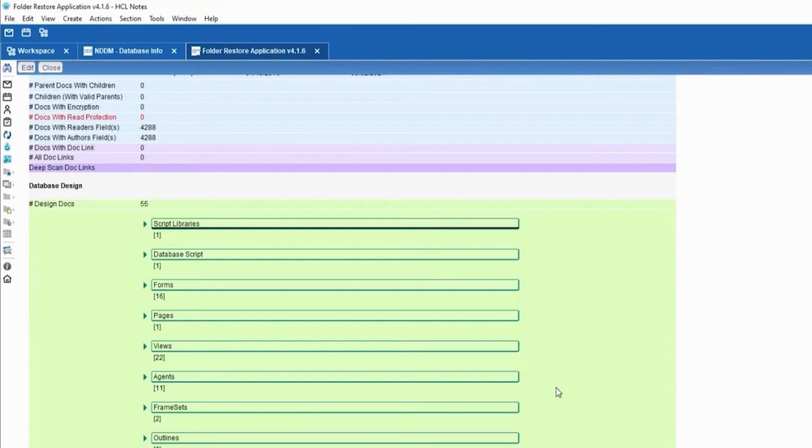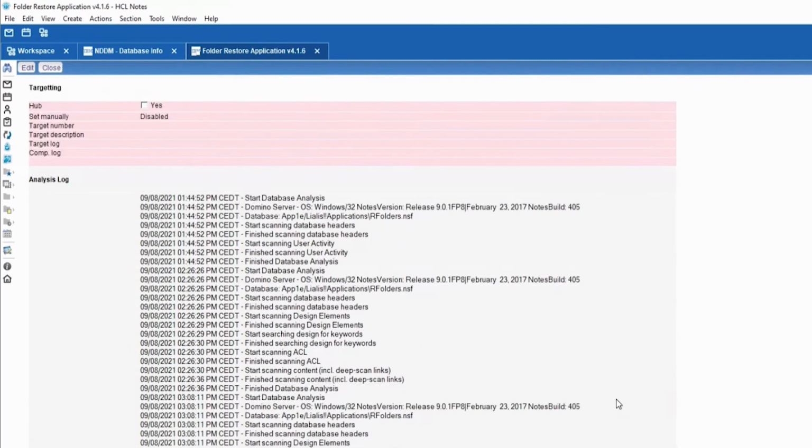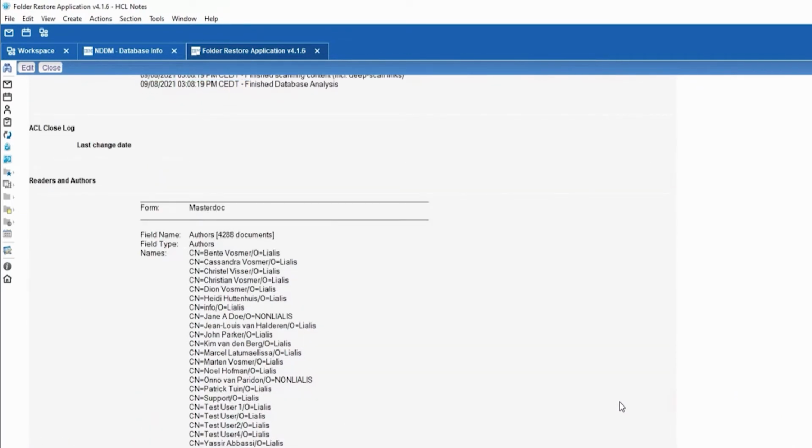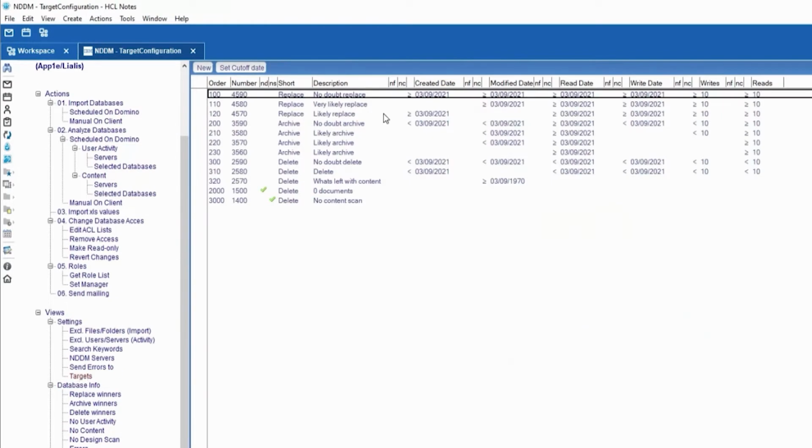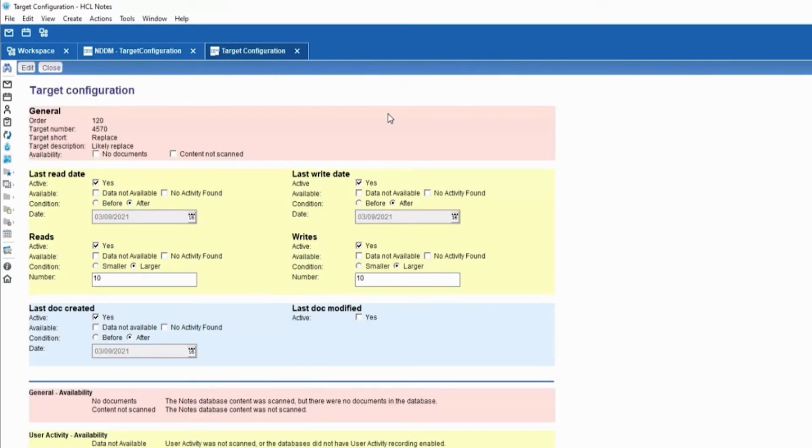This data has to be analyzed carefully, so you can decide what to do with the databases in the interest of your business users. The fourth step of the NDDM procedure is to simply press the analysis button and NDDM automatically starts analyzing your databases using built-in algorithms that are adjustable in accordance with your needs. In a few minutes, NDDM has classified all your Notes databases in decommission buckets.